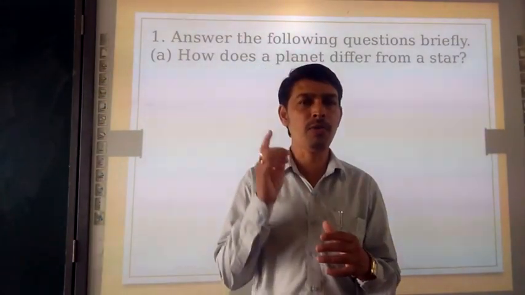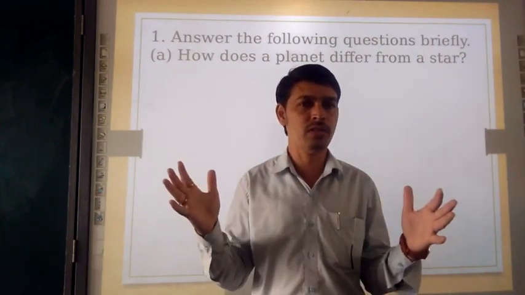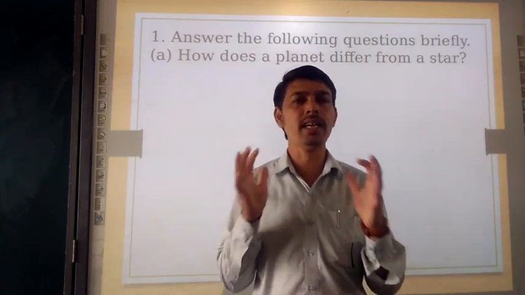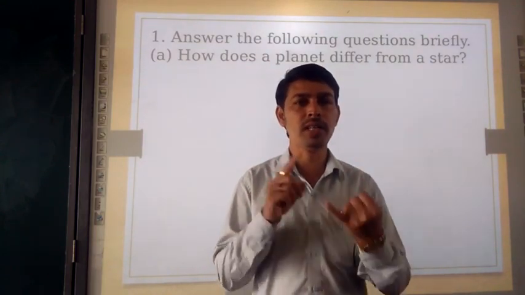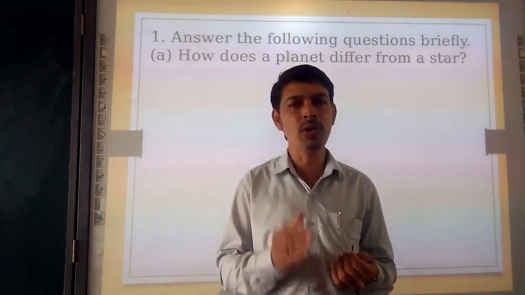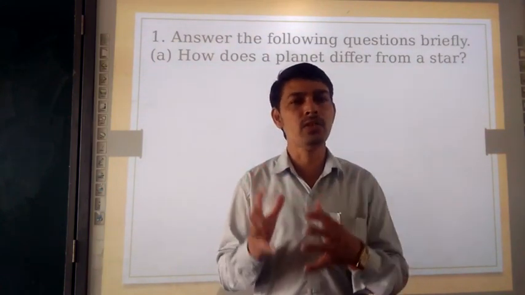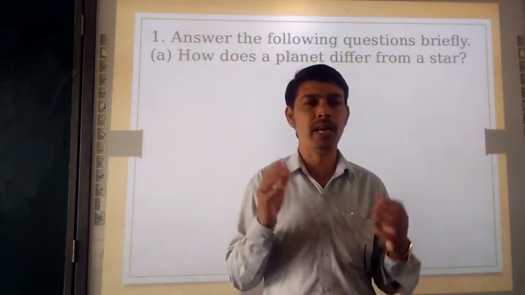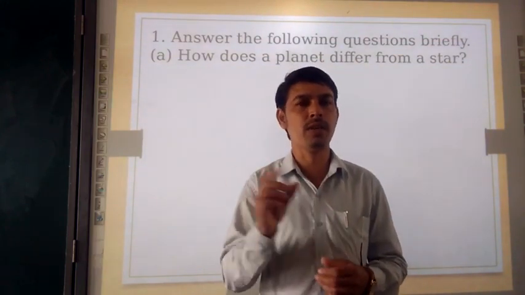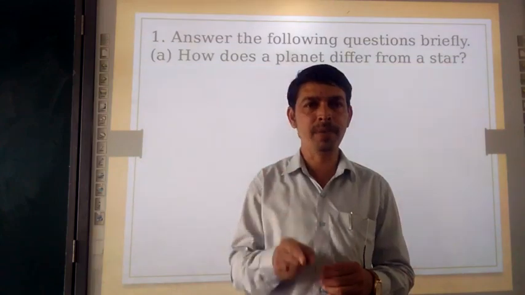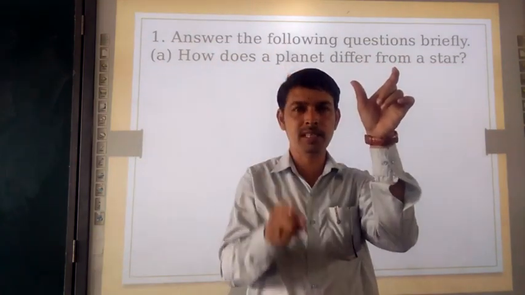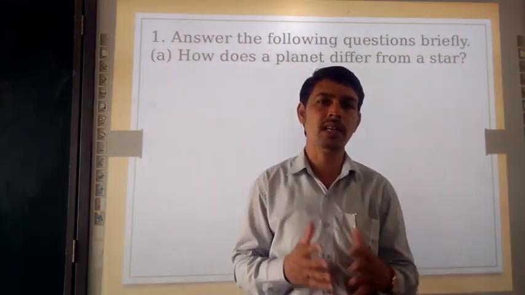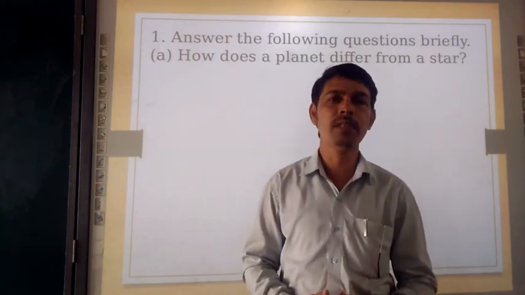If we talk first about size, stars are very huge, and planets, in comparison to stars, are small in size. If we talk about heat and light, stars have their own heat and light, but planets do not. An example of a star is the Sun. An example of a planet is the Earth. Like that, we have to make the bifurcation of planet and star. Make a separate line, write the key points, and differentiate how stars are different from planets or planets are different from stars.